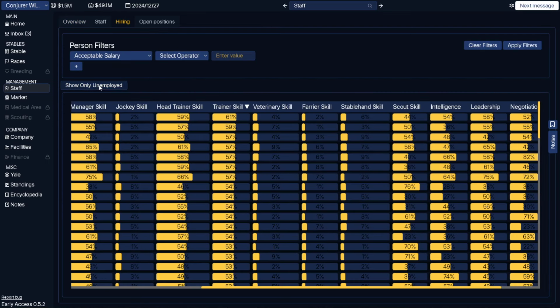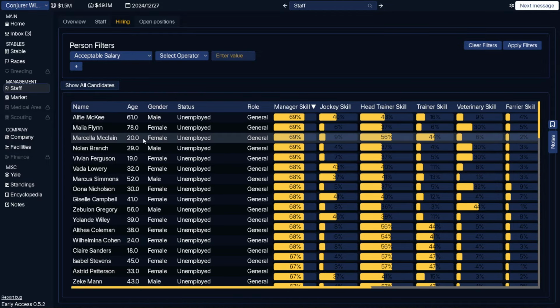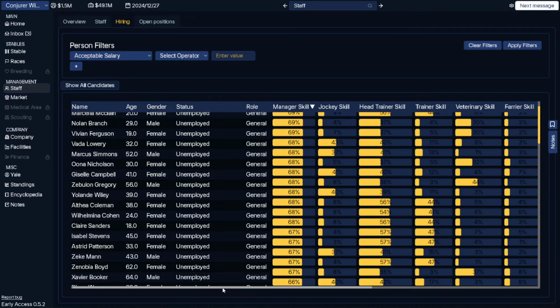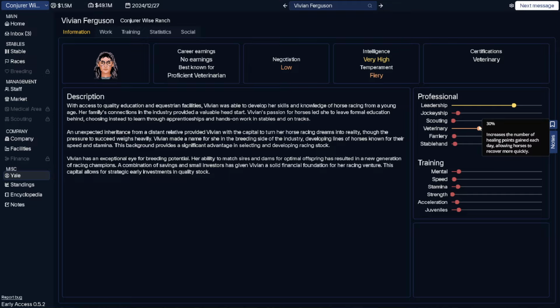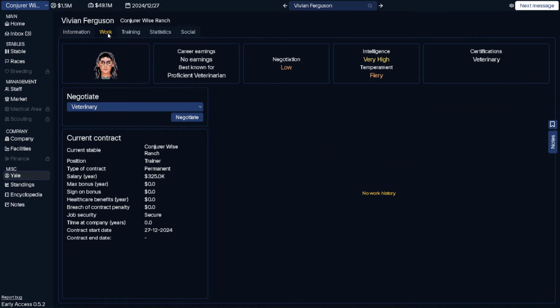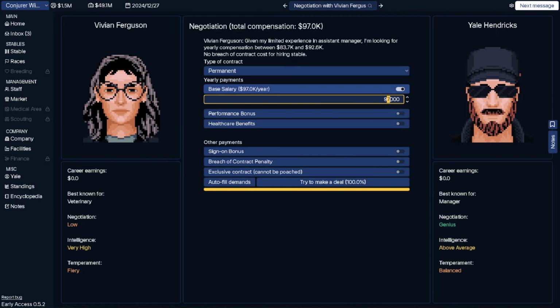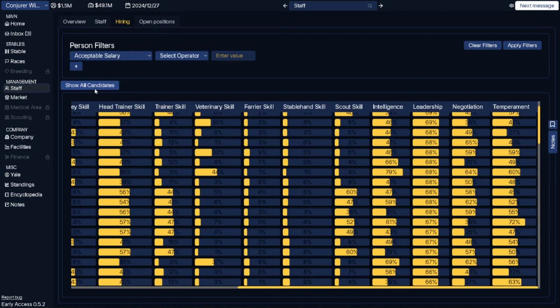So 2 jockeys and an assistant. Now, okay. Who have we got as an assistant? Bunch of people. You wouldn't be bad in training. Intelligence. Intelligence might be kind of okay. Fiery temperament, okay. Gonna hire you as an assistant. Just get you in a little bit cheaper than we would offer normally, and then just 2 jockeys, which